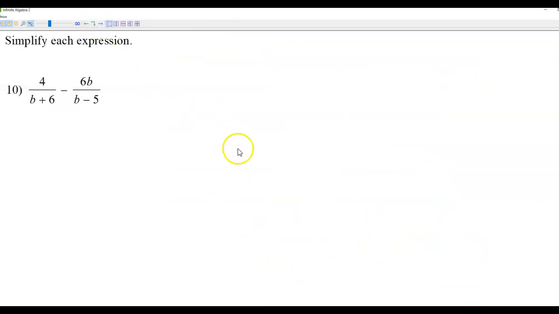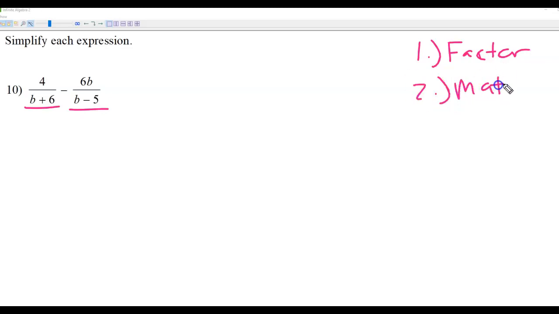All right. Now, when it comes to having polynomials in the denominator, the process is a little bit different. If possible, you want to start by factoring. So that's step one, is to factor if possible. Now, in my problem, these don't factor. B plus 6 and b minus 5. You can't do anything with those. But once you factor, you're going to go ahead and match the denominators up. So anything that is on the left side,